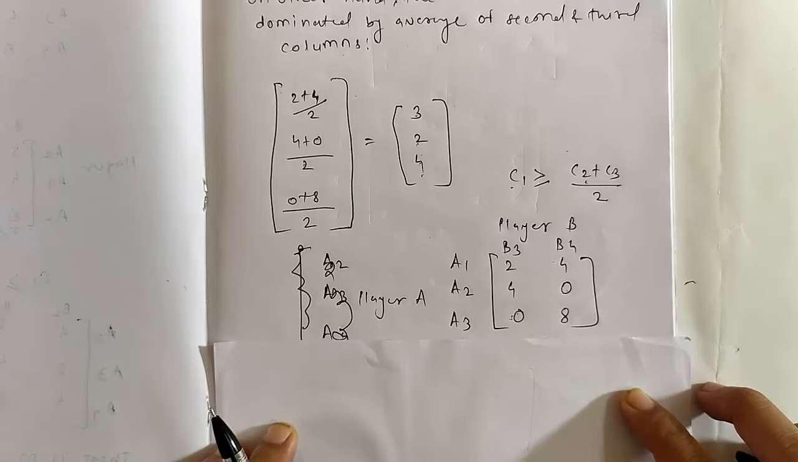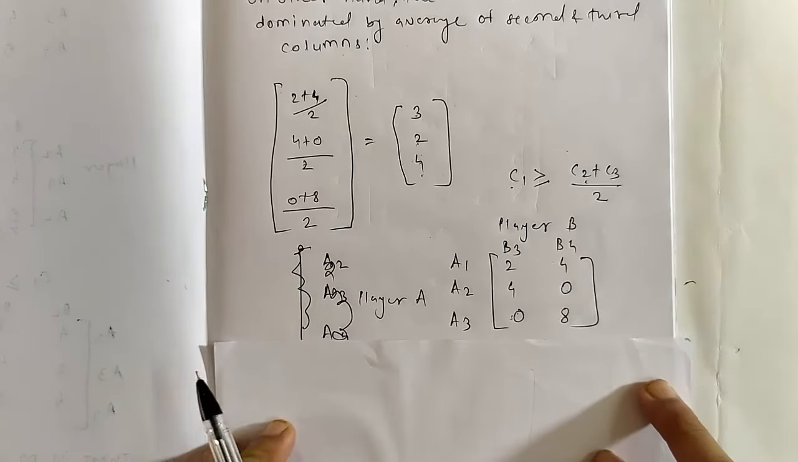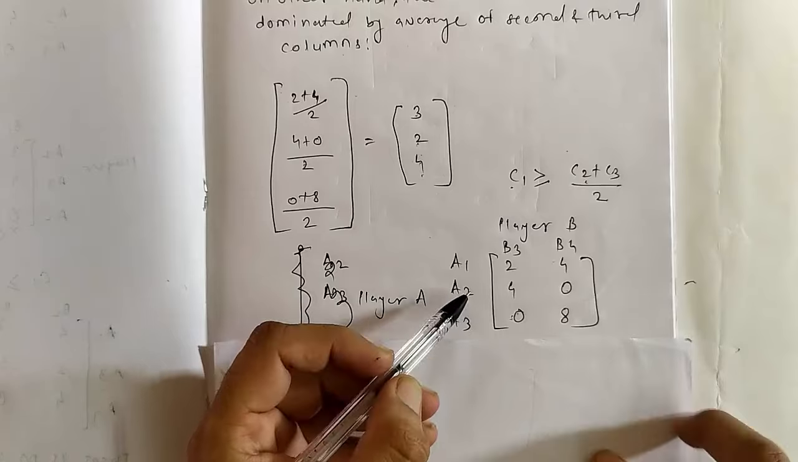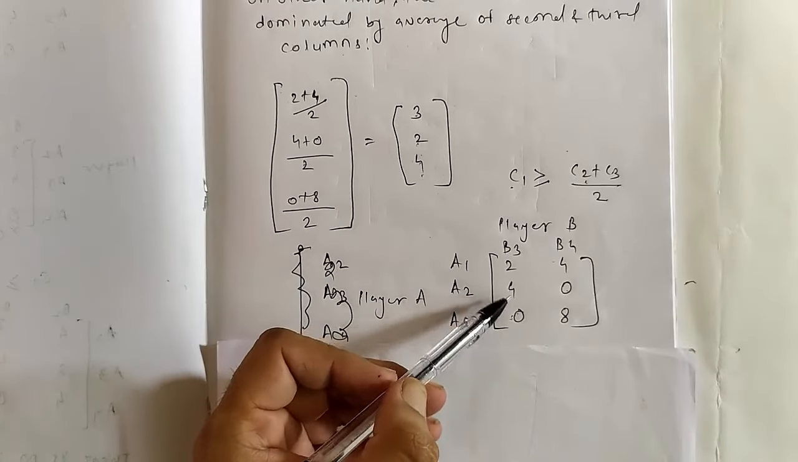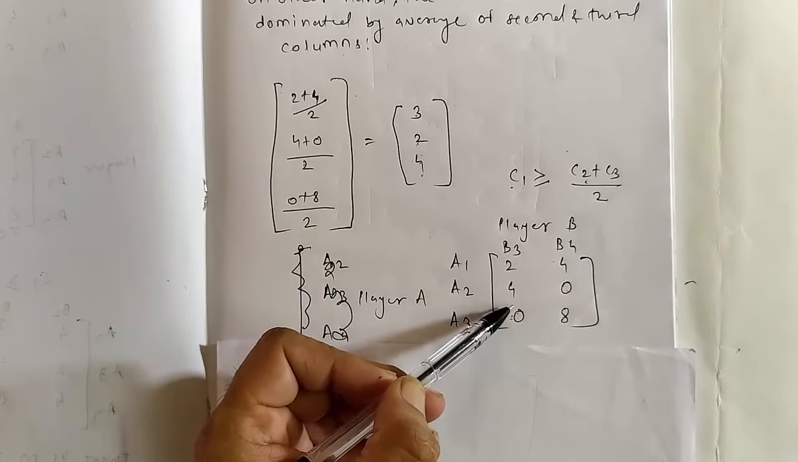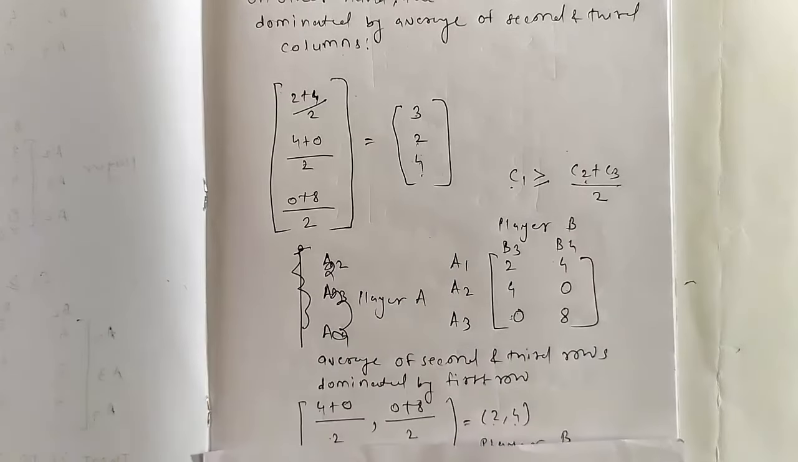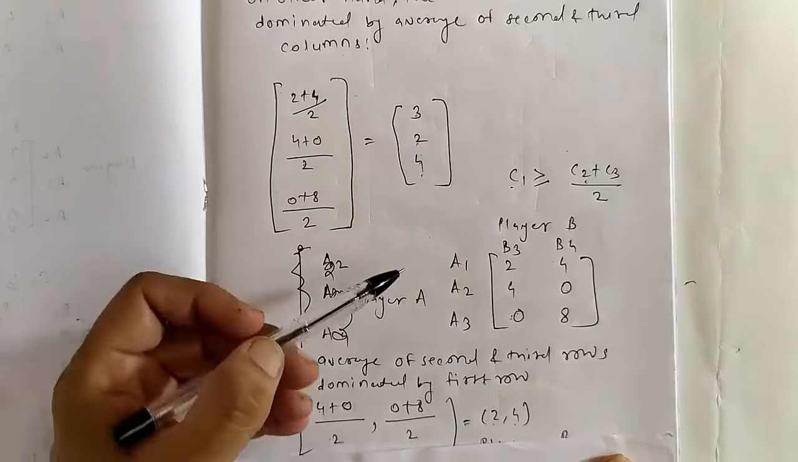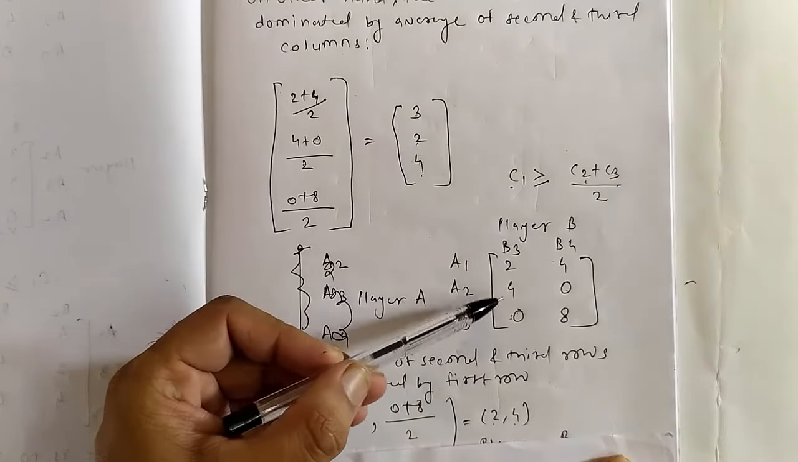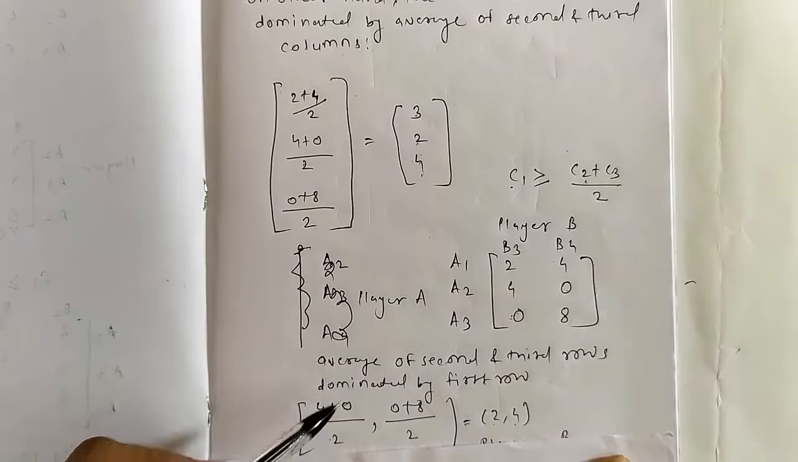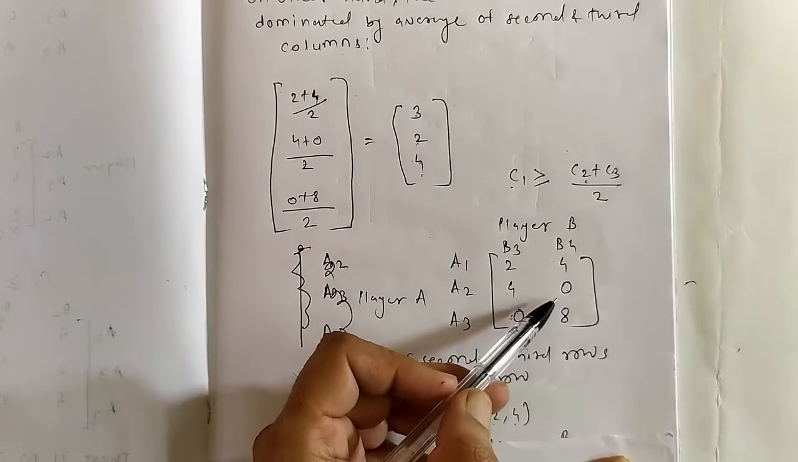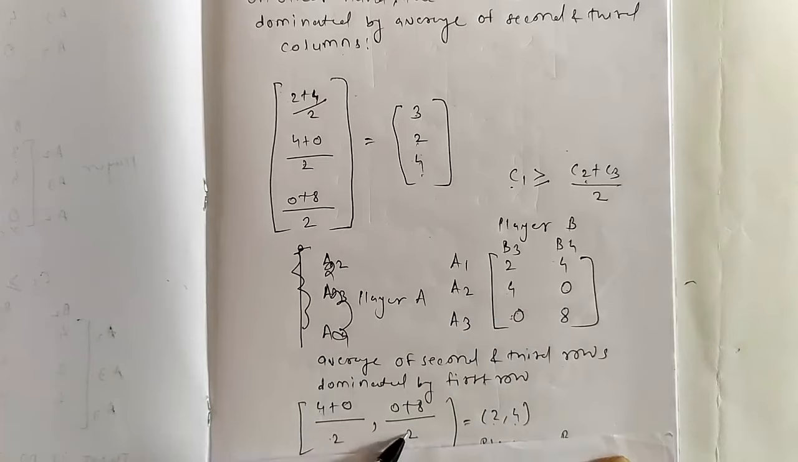Now we will combine the second and third rows. Here we will calculate the average of the second row and third row, and that average is going to dominate the first row. Now look at the calculation, average of second row and third row: 4 plus 0 by 2, 0 plus 8 by 2